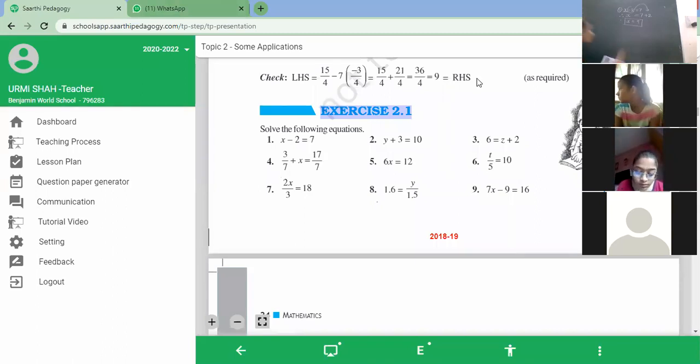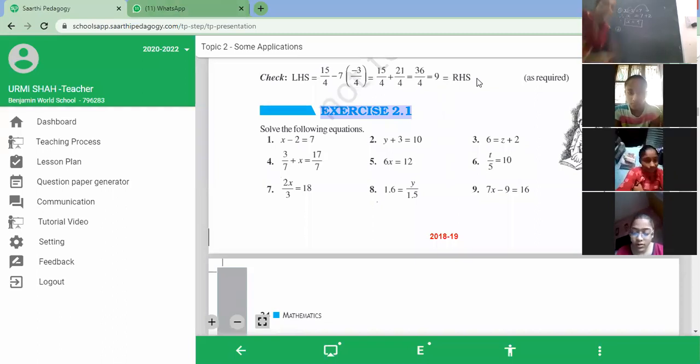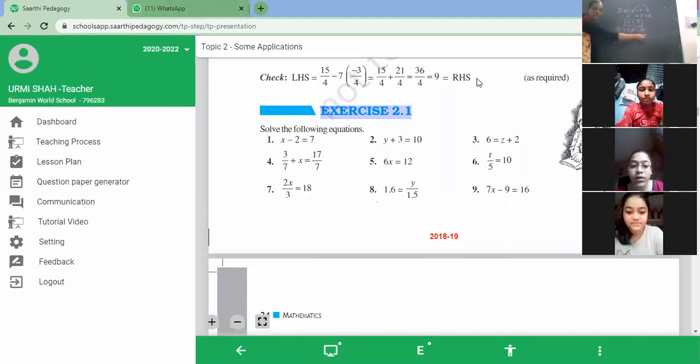Okay, now the second sum. What is our second sum? y plus 3 is equal to 10. So here we put the therefore sign. y is equal to 10 minus 3 on the other side. Understand first and do it as homework in the workbook. So this 3 will go to the other side. Here plus is there, so if we change the sign, it will become minus. You will get y is equal to 7. Same sums are there in the workbook. Try to solve it.